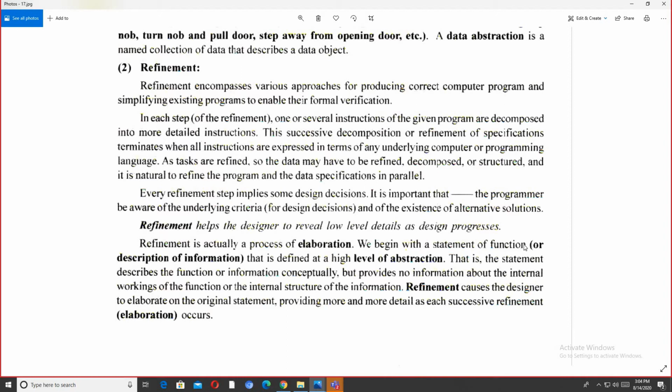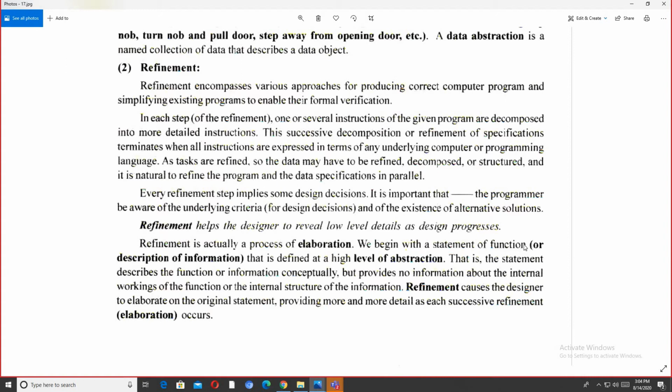and further refinement is required. The refinement helps the designer to reveal low level details as design progresses. It is refinement which helps the designer to reveal low level details. It is like a magnifying glass. Whenever you are magnifying things, for example if you are seeing blood, it is red, but when you put your blood on a slide and take it under a microscope, you find all the details. That is what refinement and abstraction are. Now, if you are concentrating only on the white blood cells in the slide of your blood, then your abstraction is changing. If you are focusing on the red blood cells, then your focus is changing.